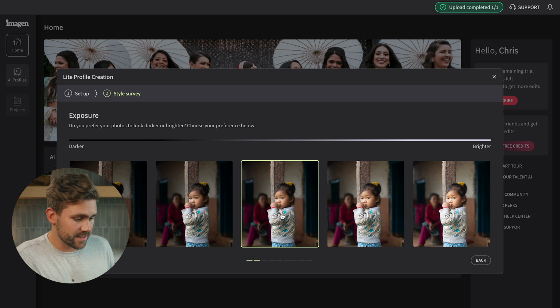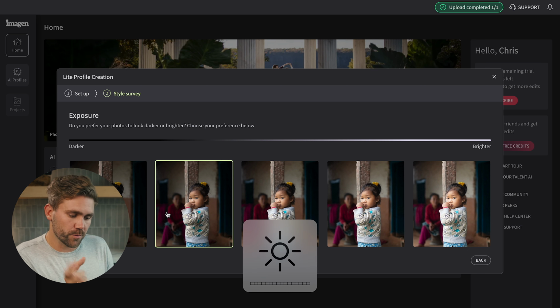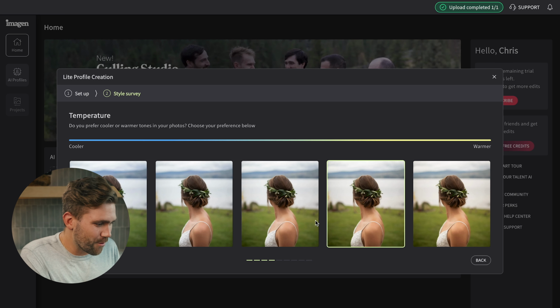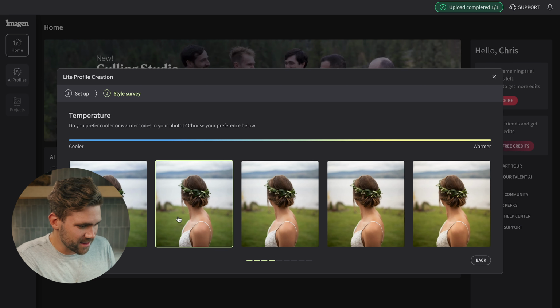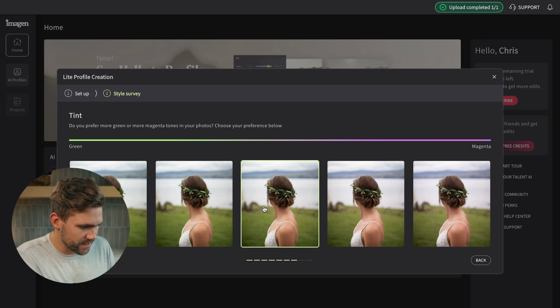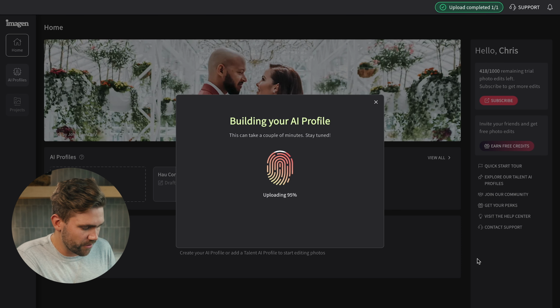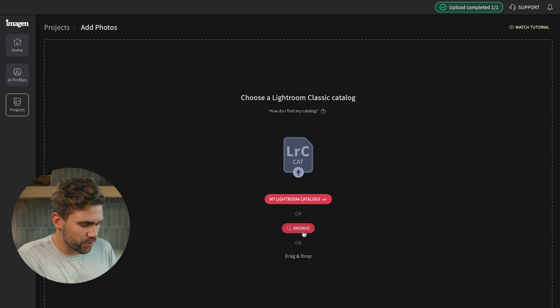So you're just gonna select the exposure. So I like my images with concert photography to be a little bit brighter, so I'm gonna select that. We're now on temperature, so we're gonna lean a little bit cooler. I always like cooler tones, especially for Bring Me the Horizon. I feel like they're just this darker band. Now we're on tint, so we're going green and magentas. I like having green. For me personally, it feels more filmic, so a little bit more green. And this one I like the middle, so we're gonna build that profile,